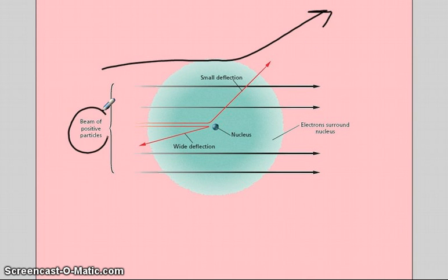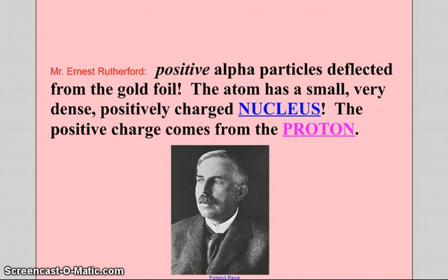The particles were positive. Again, like charges repel, so when the particles came in, they hit something else positive and left. And so that's how he discovered the nucleus. Our atoms have a very small, very dense, positively charged nucleus,